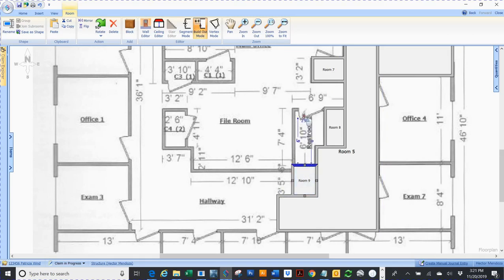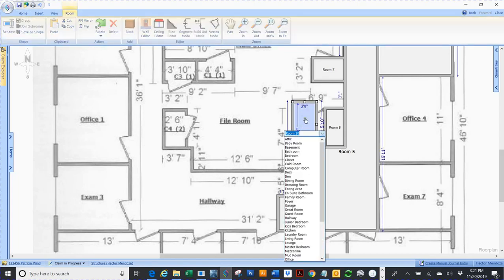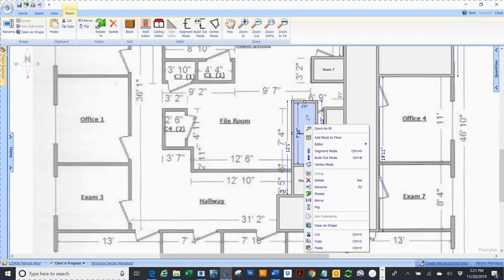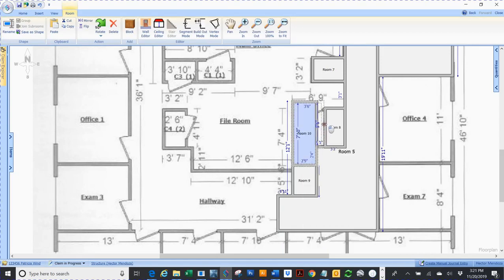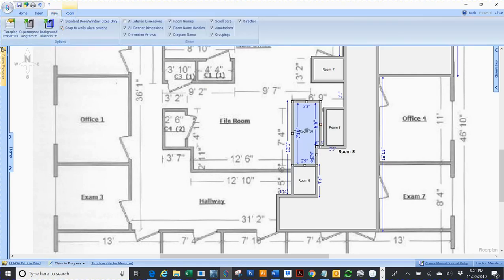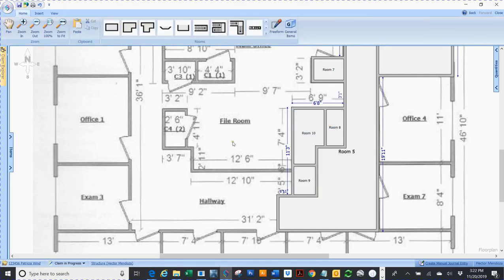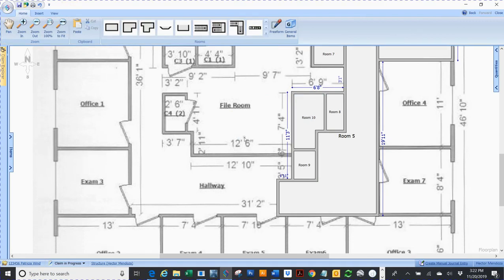I'm gonna click here. I'm gonna right click. Actually, I don't even have to right click. I'm just gonna snap it. You see, it's not snapping. I want it to snap. So I gotta go back to this and snap and snap. Okay. Now I